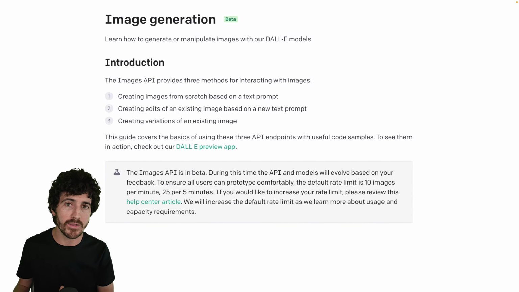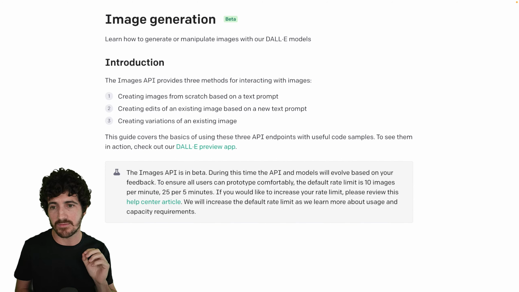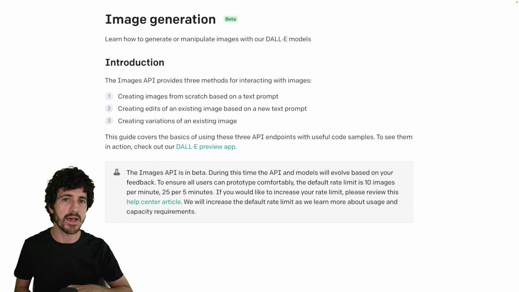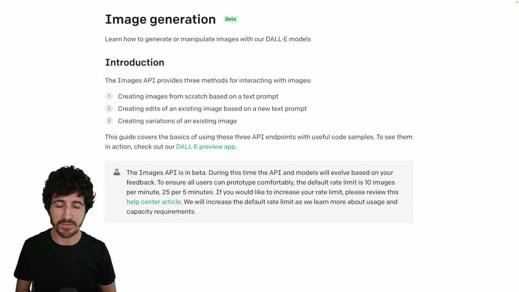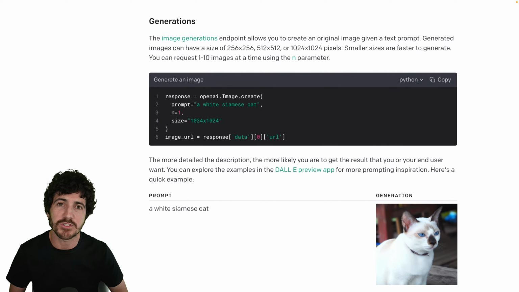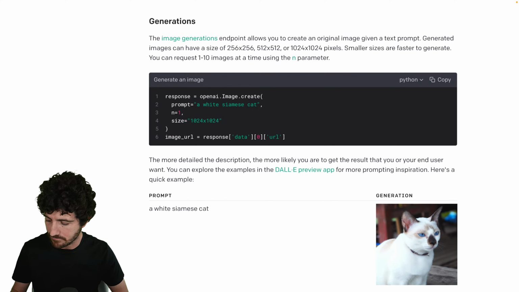And then the third method is creating variations of an existing image. This just asks you to send an input image, and they will just generate a different image from that. Variations of images that look similar. The API is in beta and there are some limitations right now, but it's fully working and we've tested it. So the first method is